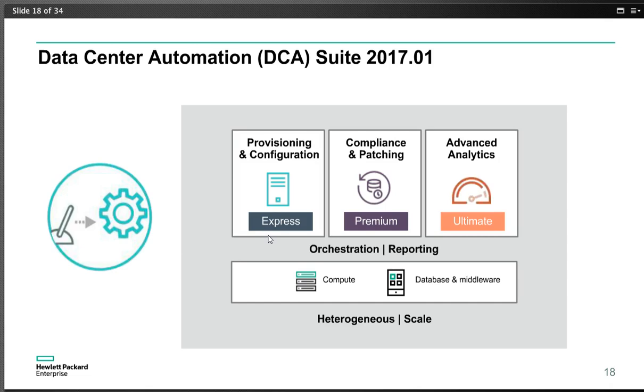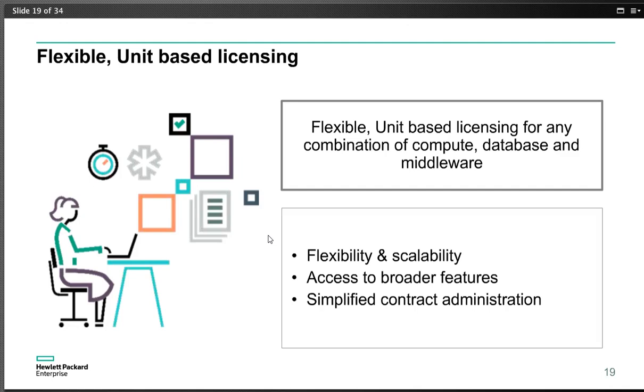This is us offering, from a DCA solutions perspective, one single solution for managing the life cycle of servers, whether they are bare metal or virtual, as well as databases and middleware. So this is a short introduction of the new DCA solution. I'll now drill down into each of the specific tiers, but before I do that,